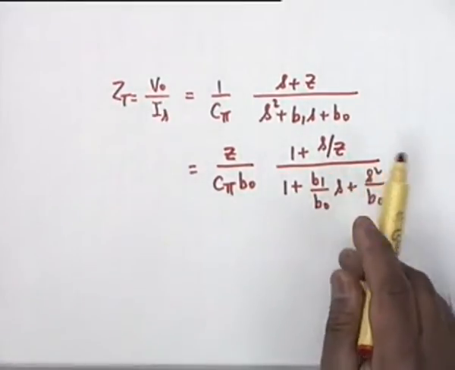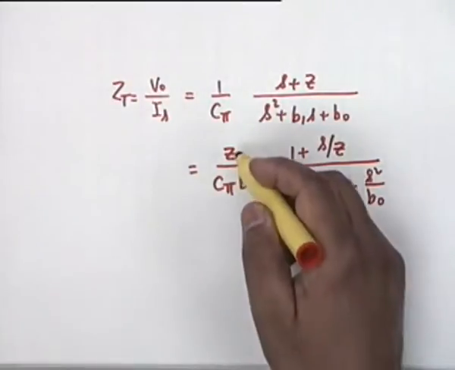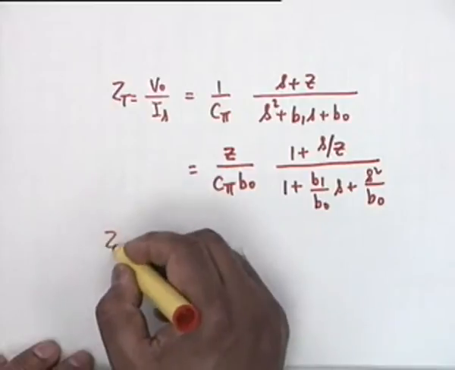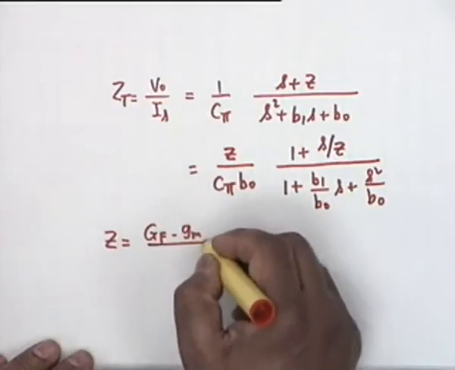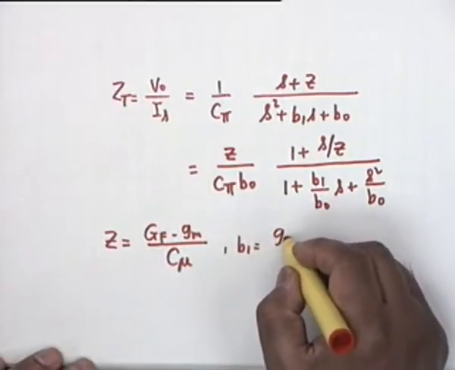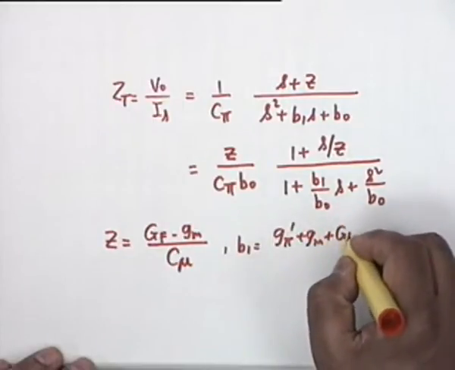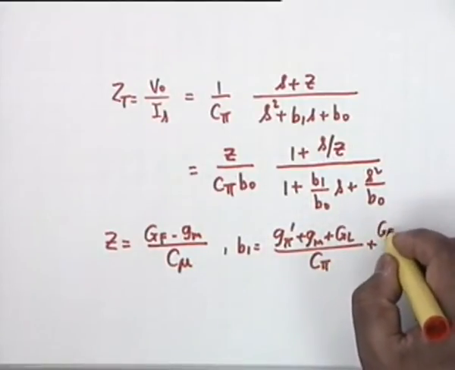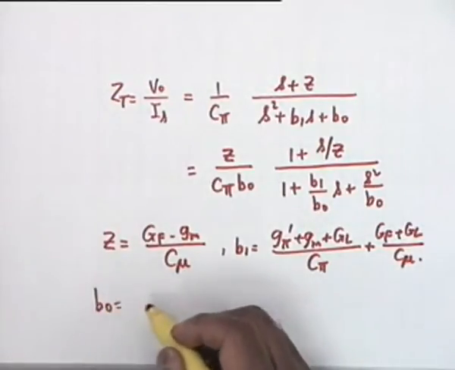Obviously, if you put S equal to 0, this is the mid-band gain. Z is the 0, C pi B naught. The values of these constants were given earlier. Z is simply equal to Gf minus Gm divided by C mu. B1 is equal to G pi prime, which we have defined earlier, plus Gm plus Gl divided by C pi plus Gf plus Gl divided by C mu, and B0 is a longish expression,